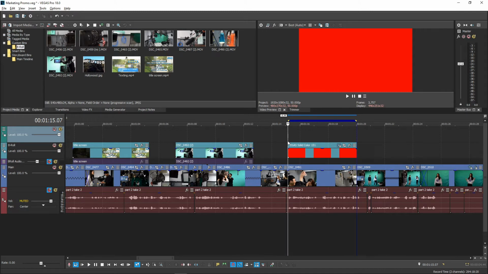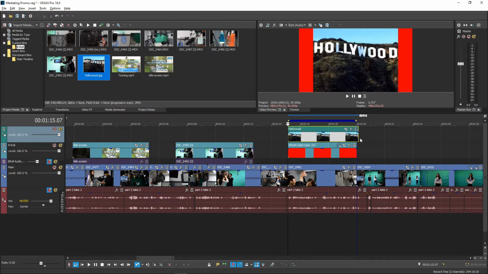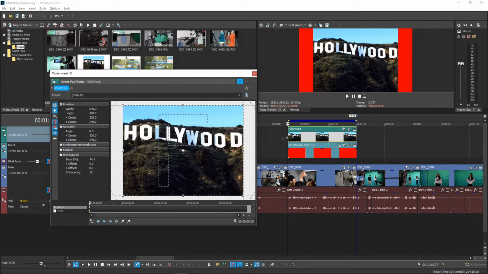Except, now that our generated media is a background, it has to go under our B-roll image. So here, let's add some B-roll photos. Then, let's put our solid color on a track beneath that. Go into Pan Crop for the photos to adjust the size.